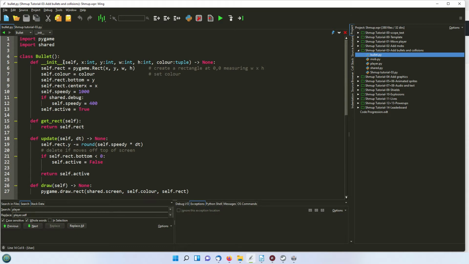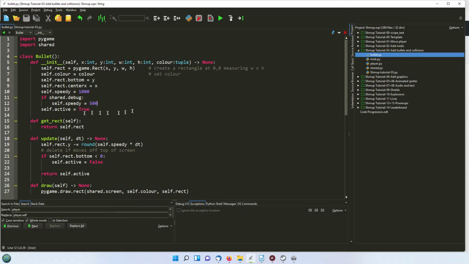The class itself takes the x, y, width and height and a color as parameters, and then sets up a Pygame rectangle, and it's been given a default speed of 1000. I've now got this if shared.debug included in it, so that if we're running in debug mode, we halve this. Well, I've got it at 400, let's put it at 500, so it's half the speed. There we go. And then we have this self.active,